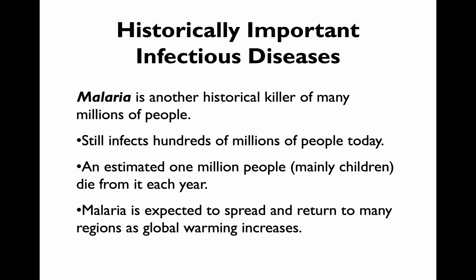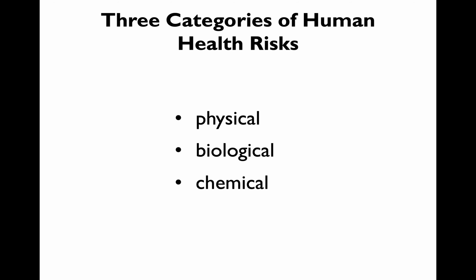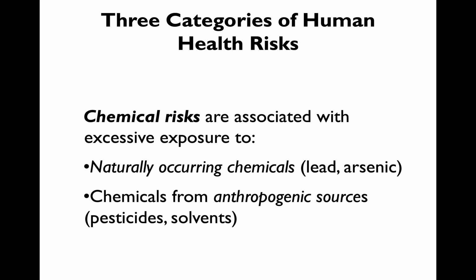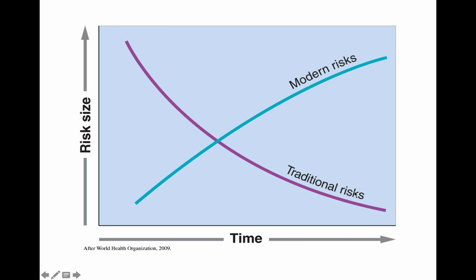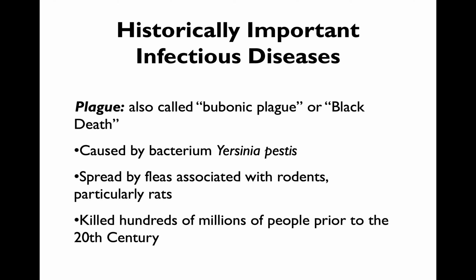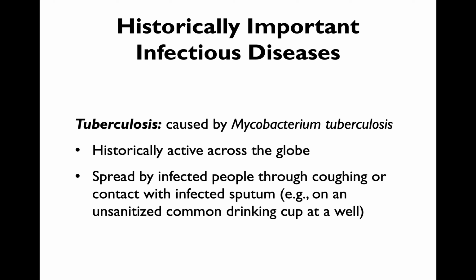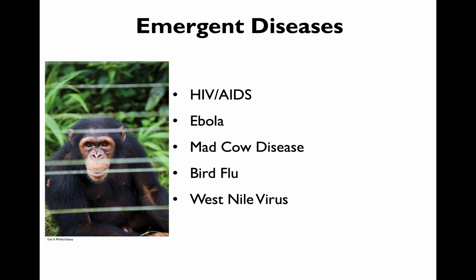Okay, so let's just quickly review what we've gone through in this first little section. We've been really focusing on biological health risks for this first set of PowerPoint slides. And we've seen that there are a lot of infectious diseases out there. The really old one, plague, killed millions of people, and thankfully that one's very, very rare in the world today. Malaria, though, is still a huge problem, and tuberculosis is also still a pretty big problem. But those are just three really historically important infectious diseases. There's quite a few more we could talk about, but it's good to get an idea of those.